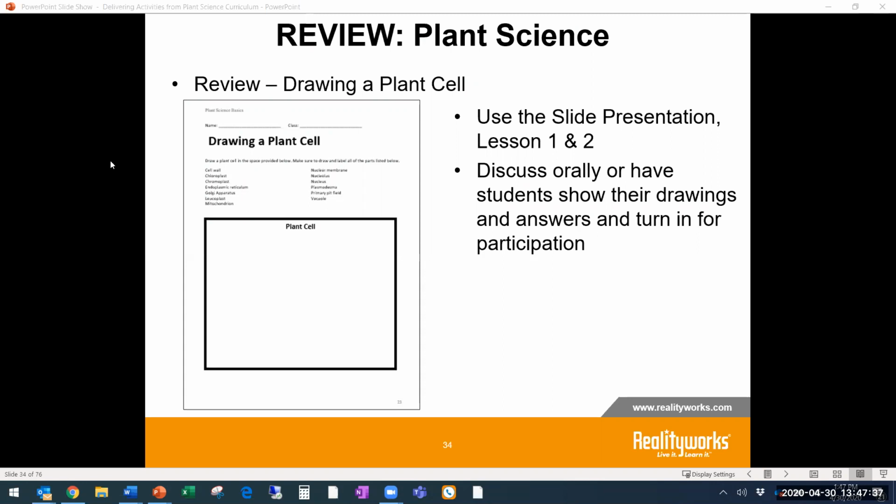So one of the things you can do is have them draw the plant cell, do drawings, do coloring, create their own plant cells with different materials around the house or in their garage, or go out and find different types of plants growing in their backyard. But getting them to do an activity and demonstrate, okay, yep, I understand, is very important, especially now, where they can then start showing this and having that discussion or interaction with what one student has versus another, getting them involved and engaged in that world.